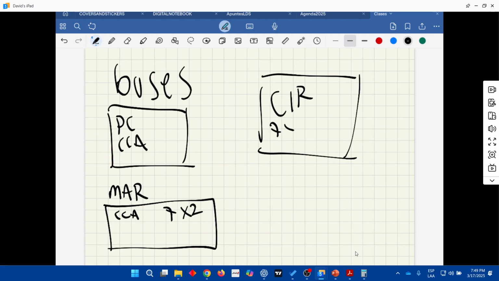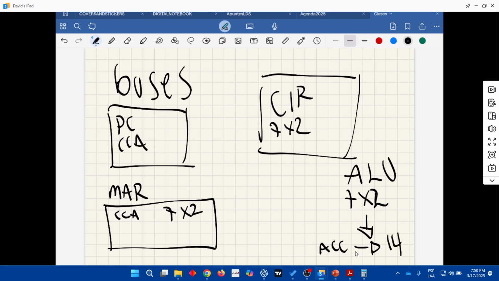The instruction is the multiplication of 7 times 2, and this multiplication is going to be performed by the ALU. So here we have 7 times 2, and in the ACC we have the result that is 14. So if you notice, this information is going to move up, and we have the